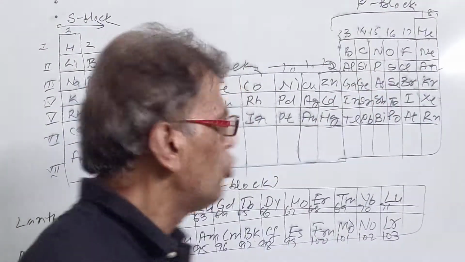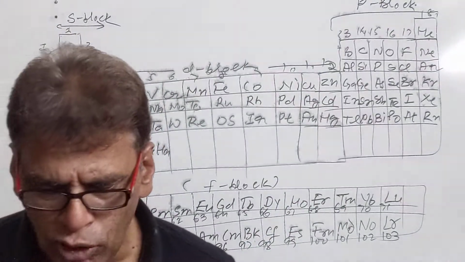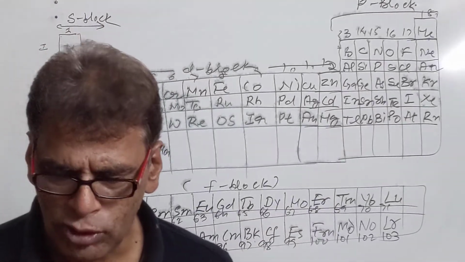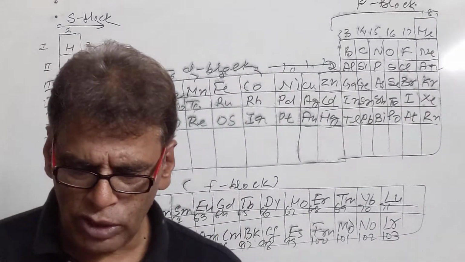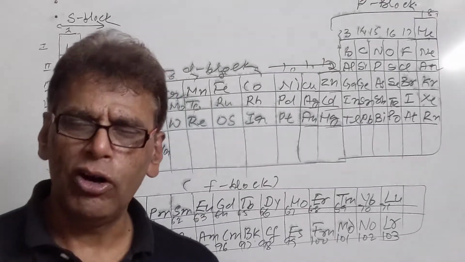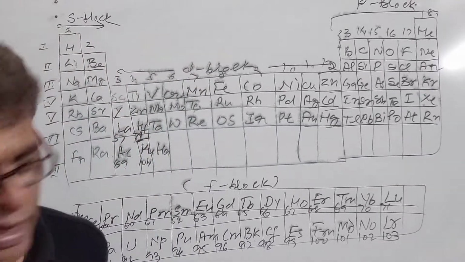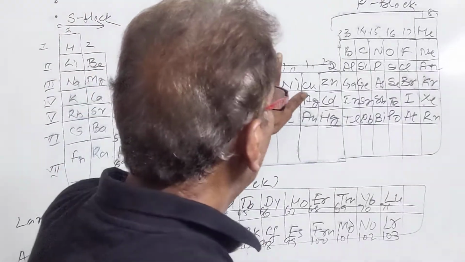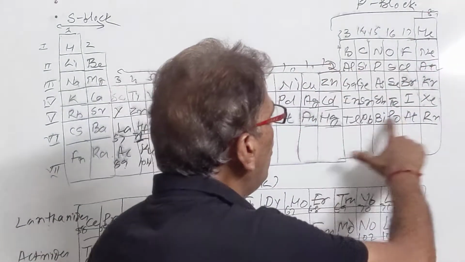These are non-metals. So when we are moving left to right in the third period, we are going from metallic to non-metallic character. Sodium, magnesium and aluminium have the tendency to lose electrons, and the other elements, silicon, phosphorus, sulfur, chlorine, have the tendency to gain electrons, but argon, a noble gas, has no tendency to gain or lose electrons. Metals occupy the left hand side of the periodic table, and the non-metals are present on the right hand side of the periodic table along with some metals.